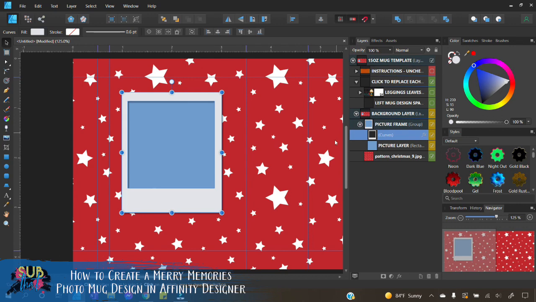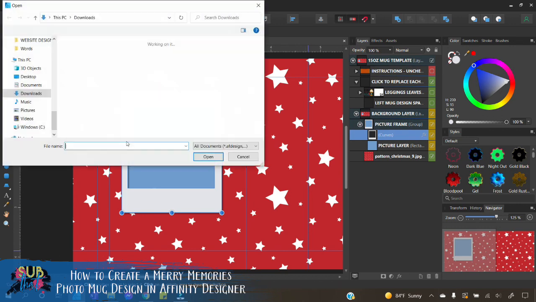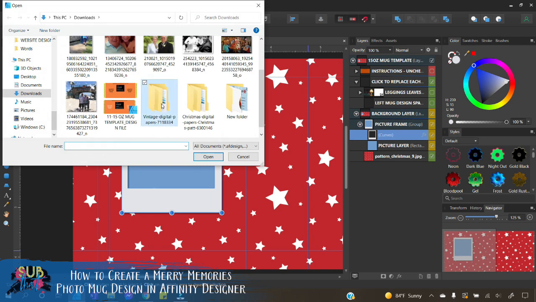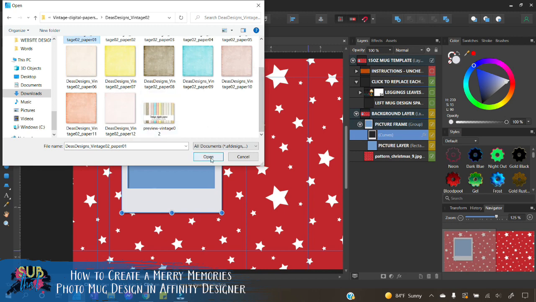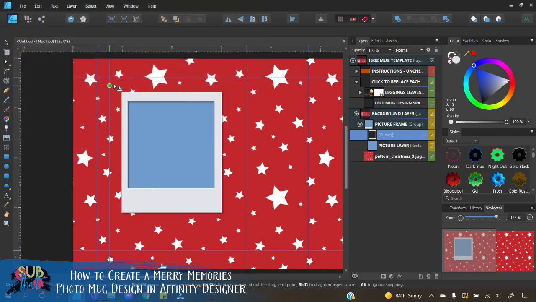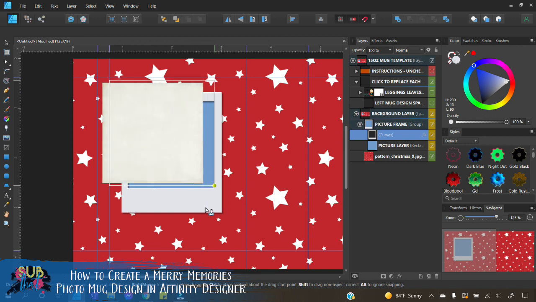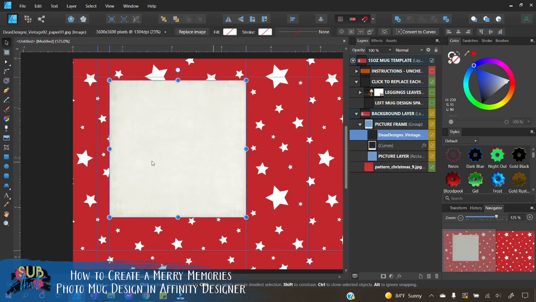All right, so now we're going to go to our Place Image tool, which is this little picture icon. And I'm going to find those digital papers. I'm going to pull in one that's a white color because that's going to work best for a Polaroid. I'm going to click and drag it over top of my picture that I just created, my Polaroid,